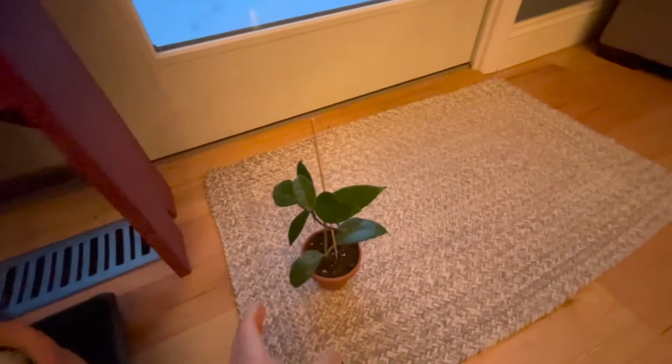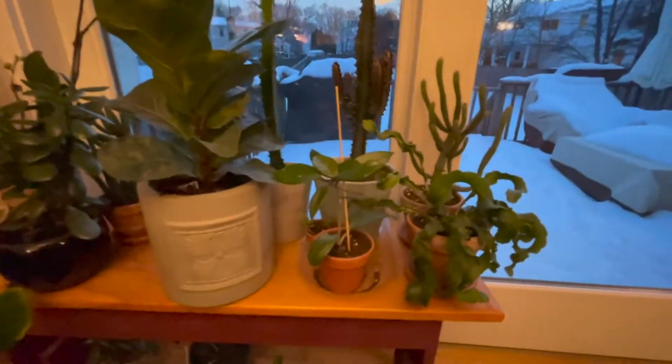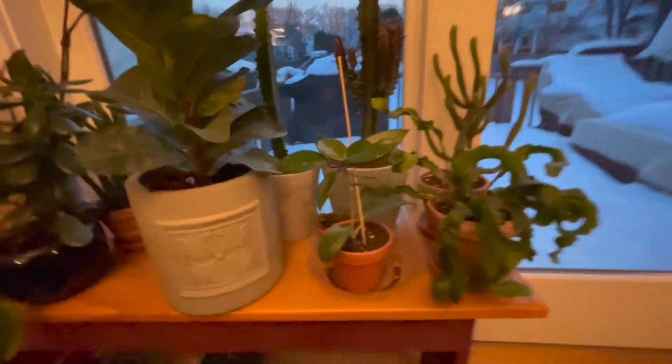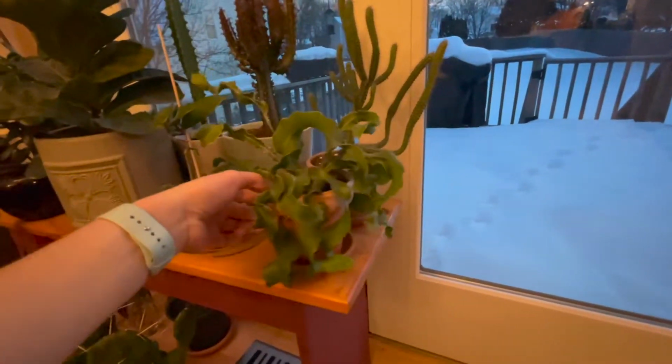So they've just been slowly growing, these two plants. I just put them in here. I got a lot of succulents over here because they get so much light. They definitely do the best in this area. So anyways, now the last plant that I have on top of here, this is a